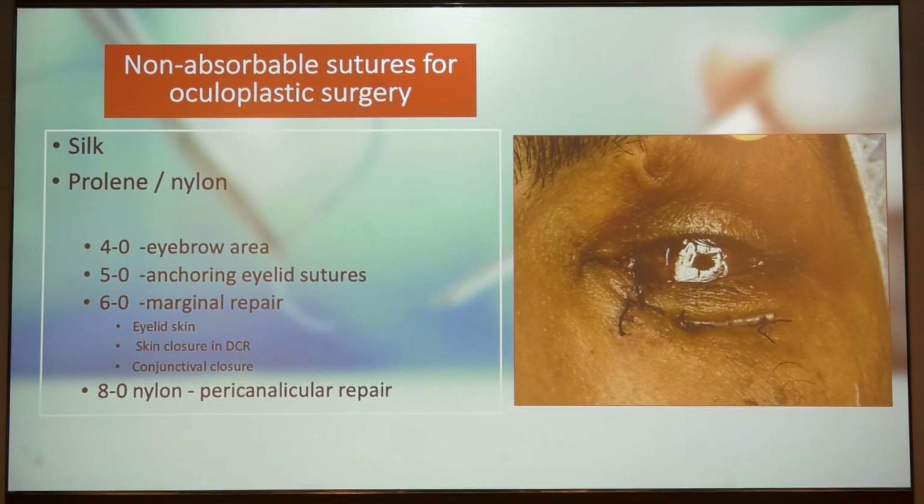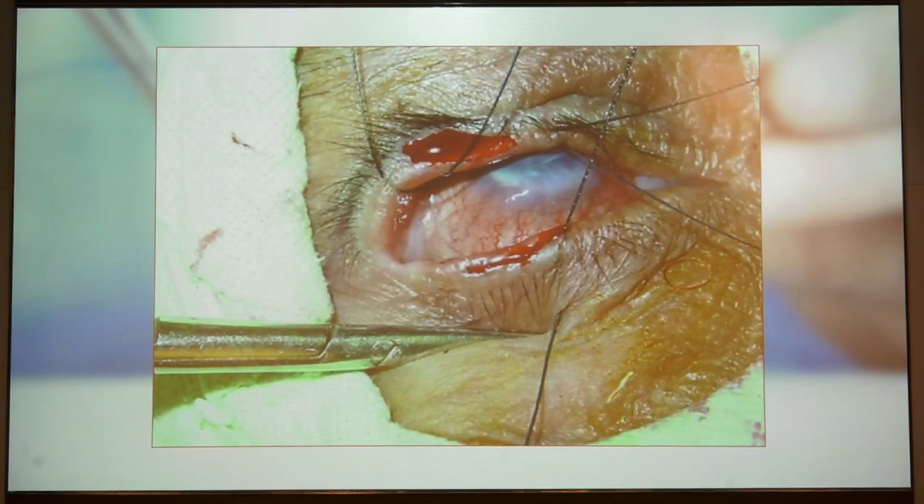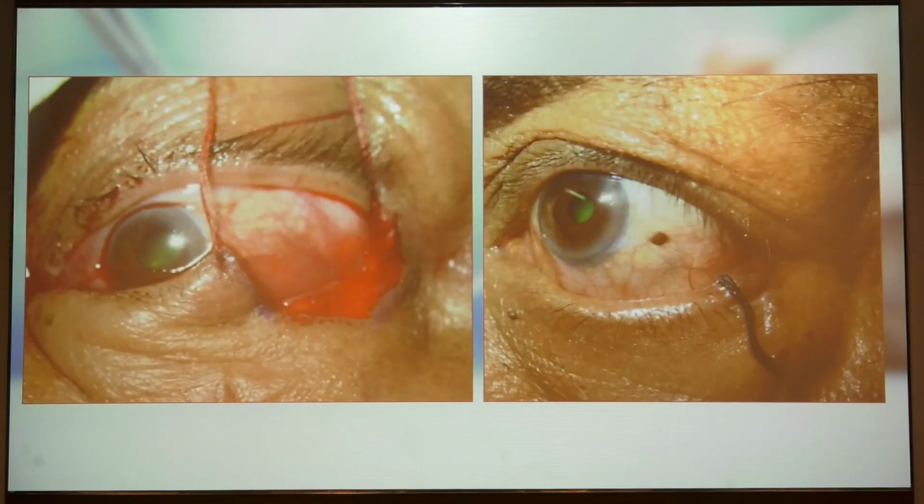And non-absorbable sutures are silk and proline and nylon that we use. So here you can see how silk is being used to create a fornix, and proline and nylon are also used, the smaller ones, for closing skin and to give good subcuticular closure as well. And this is where you can see silk being used for traction as well as to close a tarsorrhaphy. And silk also has a very good tensile strength, so the thicker ones are used to approximate wounds at the